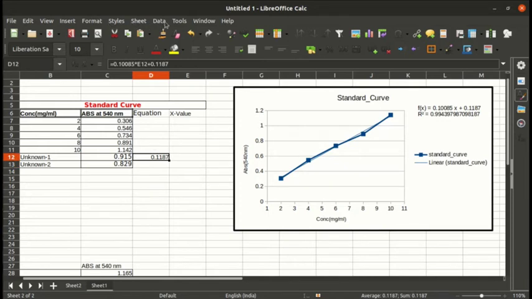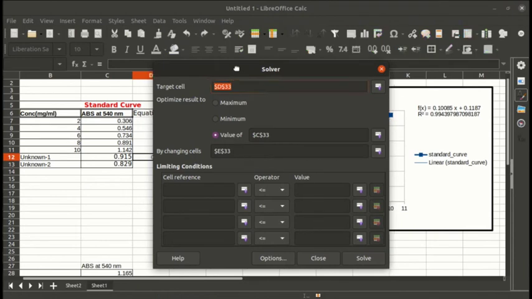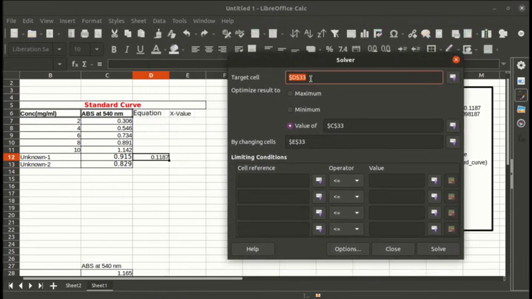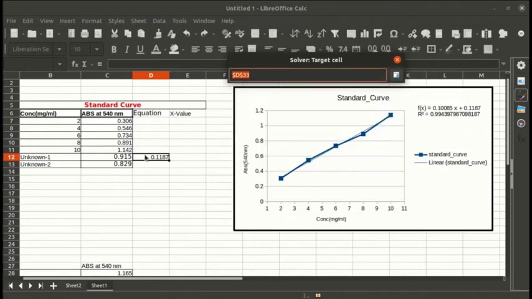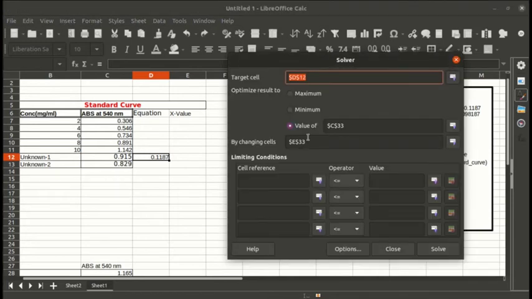Now go to Tools, go to Solver. My target cell is the cell which contains my standard curve equation. Just click this. This is where we've typed in our equation. Then this is my constraint value, where I need to put in my y value. The y value here is the absorbance value.